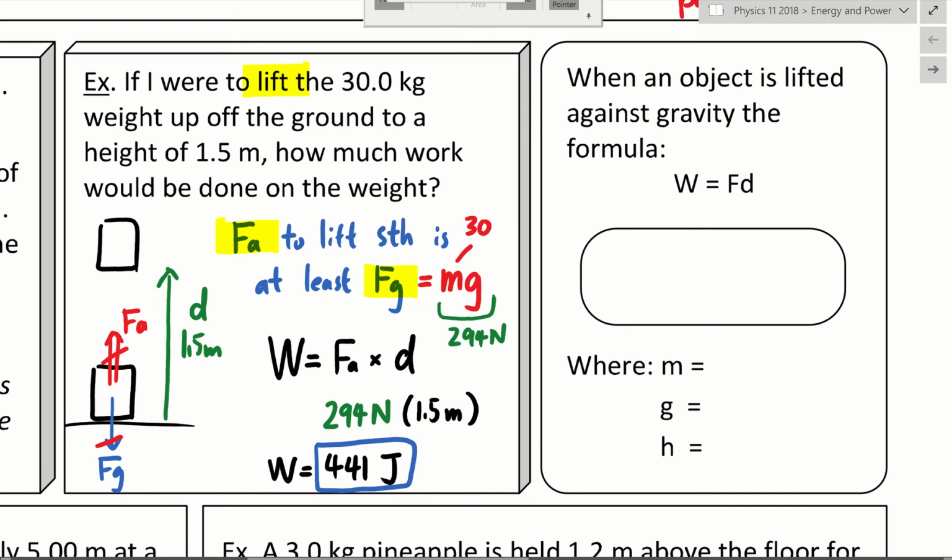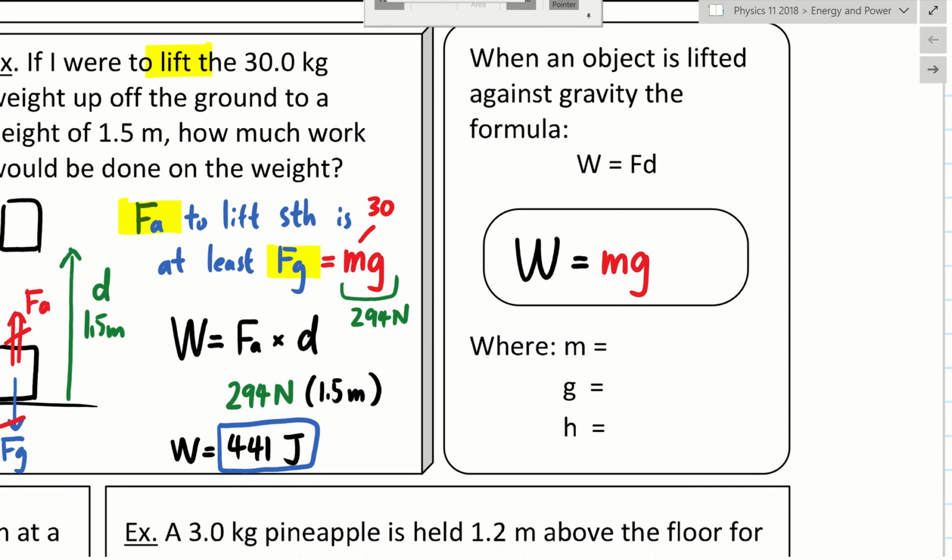Okay, so now because when you're lifting an object up, technically you just have to work against gravity, it might be a good idea to just combine those two equations together. Because if the applied force is just going to match gravity, why don't we just put the mg in the equation instead? So that is, of course, possible. So we say, well, if the applied force is going to be mg anyways, and the distance,